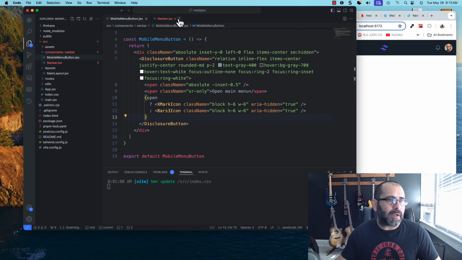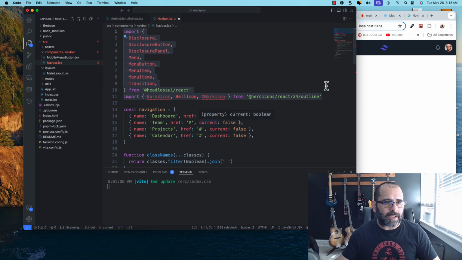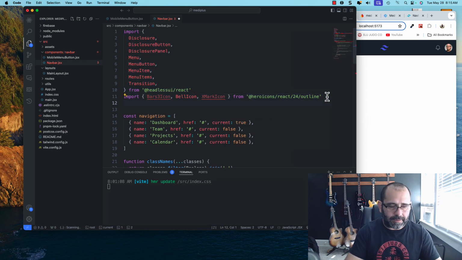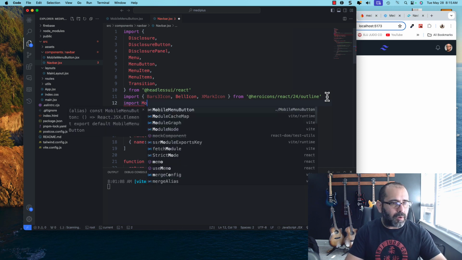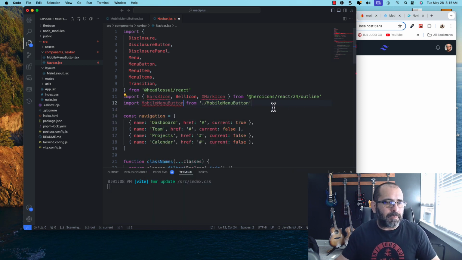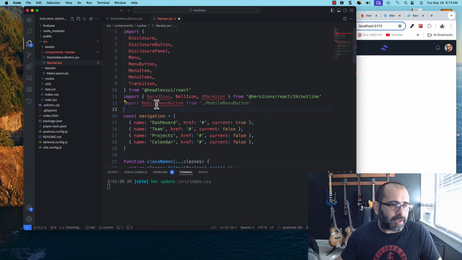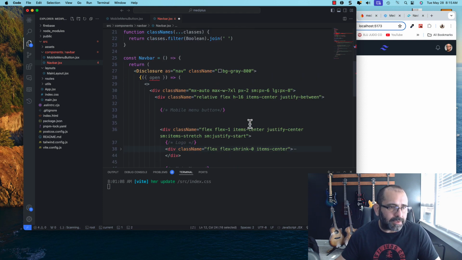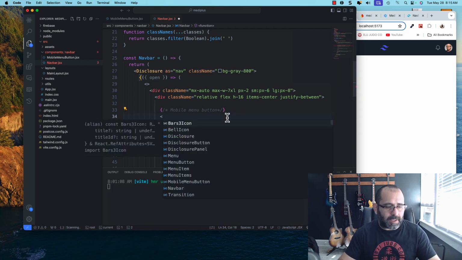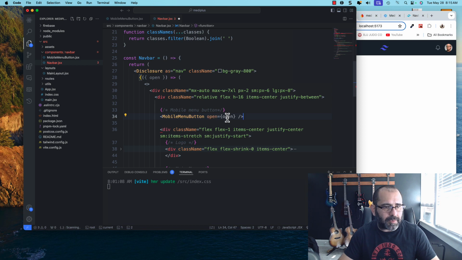So now if we come back to the nav bar here, we can actually bring that in. Import mobile, there it is. Import mobile menu button from its own folder right there where it is, so that's the path for it, that's fine. Now I'm gonna bring this mobile menu button, and I'm gonna come here where the mobile menu button needs to be, and I'm going to bring it in just like this. So now if I save it,